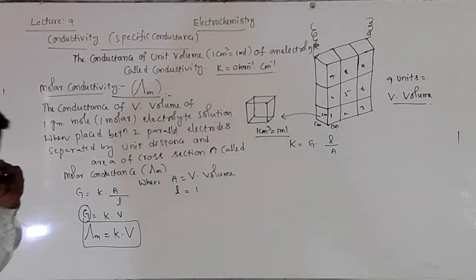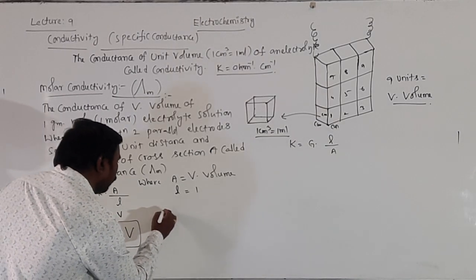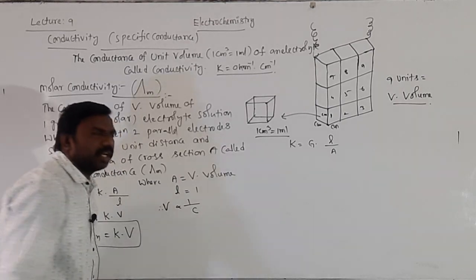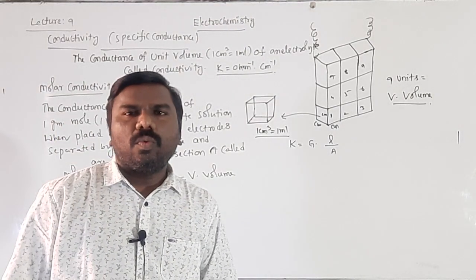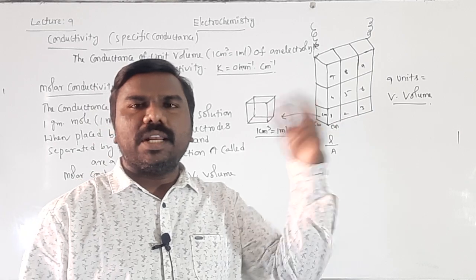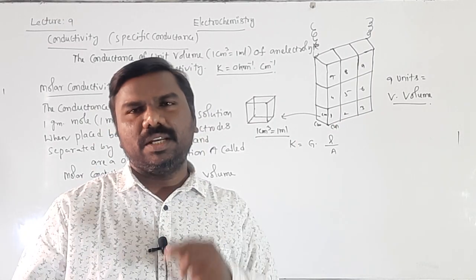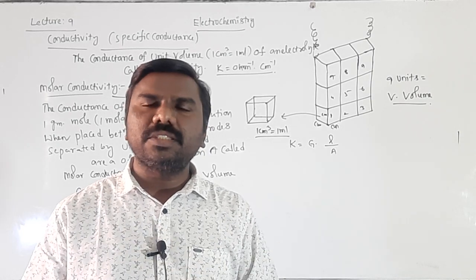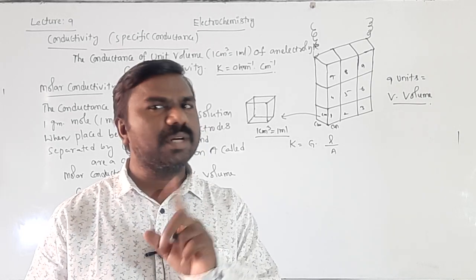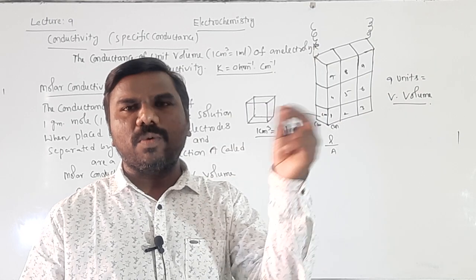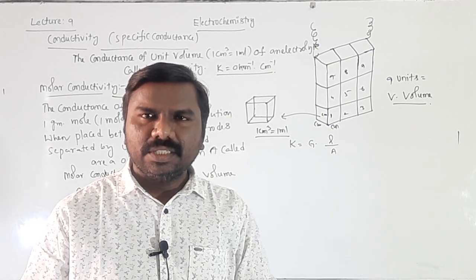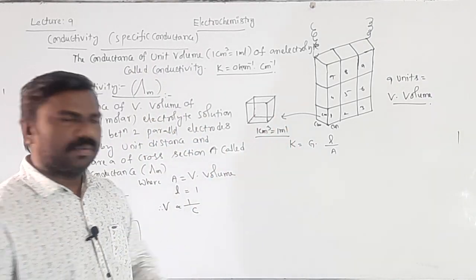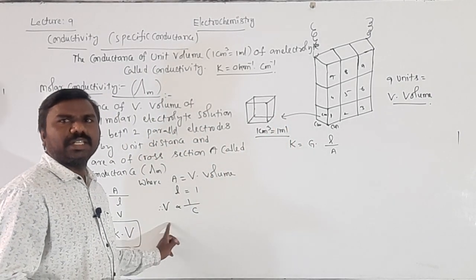Just observe the formulas. Volume is inversely proportional to concentration, we know already. Volume means water added, so concentration will decrease. The best example is sugar solution. In the beginning it is very sweet, which is the concentration. When you add more water, sweetness decreases, meaning concentration decreased. Water added, dilution, nothing but volume increases, concentration decreases.